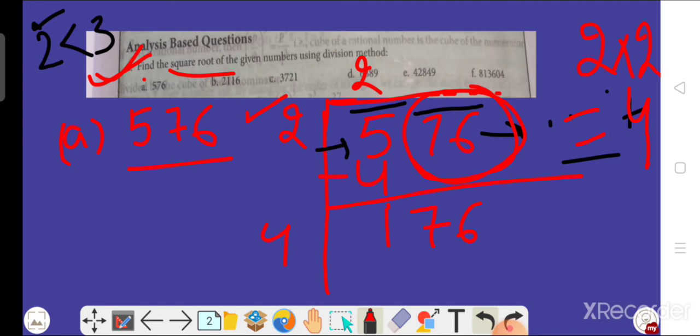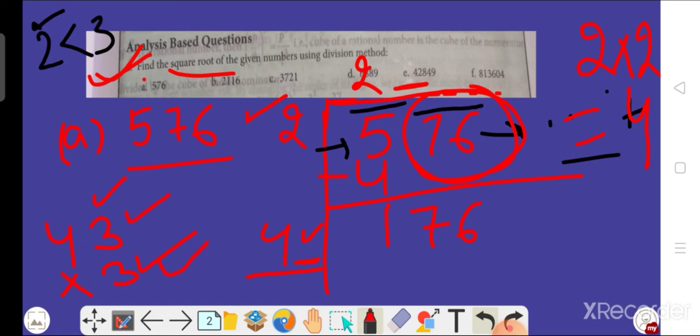Okay. Now in the unit place of this divisor, we have to find a number such that the quotient and this unit place digit are the same, and the product of this divisor with this quotient place digit is equal to 176. We find this unit place digit by the trial and error method, beta. Trial and error method means we put here 3 and then we multiply by the same number. If we put here 3, then we multiply by 3. If we put here 4, then we multiply by 4.